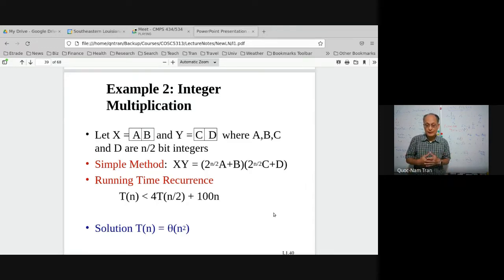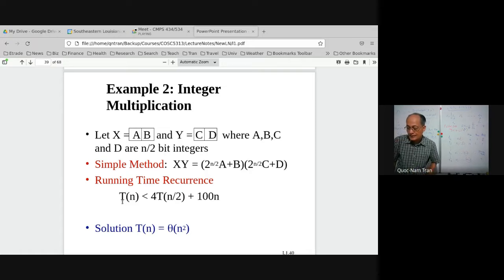You know that if we have two big integers, then we cannot multiply them directly because the computer has only the hardware for multiplying 8 bytes or 64 bits numbers, right? So if we have a big integer or two big integers, then we need to find a way to multiply them together. So that said, we have two different ways. One is the simple method that will take here. The number of multiplications will be